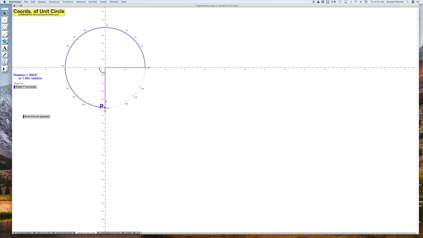And then 3 pi over 2, and then 4 pi over 2. But 4 pi over 2 is really 2 pi, okay? Keep going, that'd be 5 pi over 2, 6 pi over 2, but that's really 3 pi, 7 pi over 2, 8 pi over 2, but that's really 4 pi, 9 pi over 2,